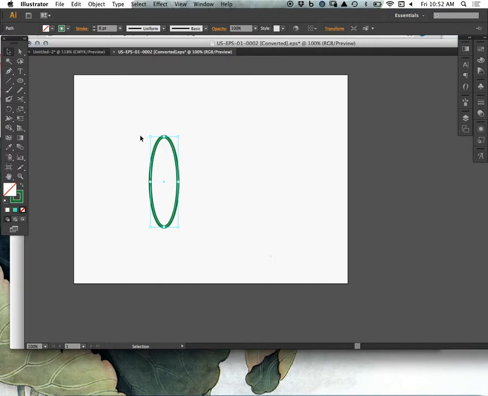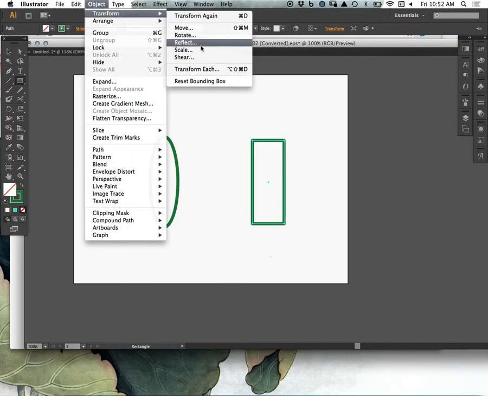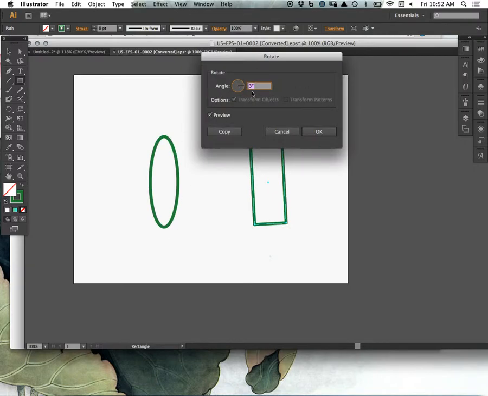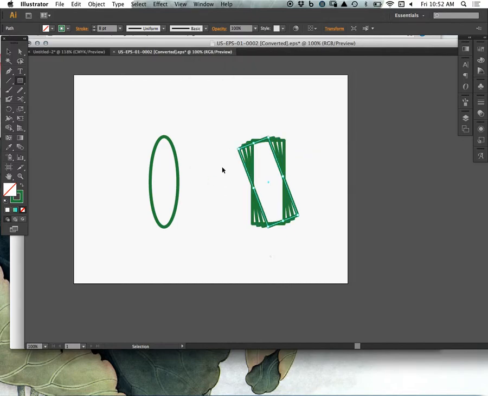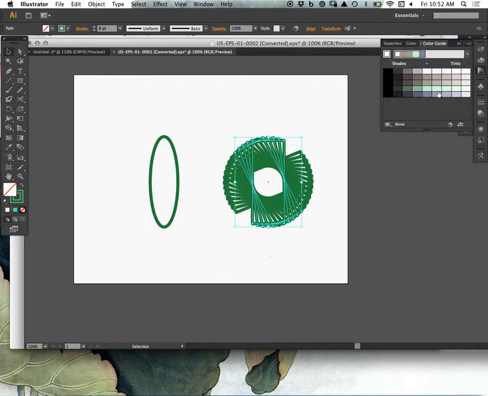But an oval or a rectangle, remember you can use it with rectangles too, will rotate in a way that looks kind of interesting. So if I grab my rectangle, Object Transform, and just click rotate, I can say, okay, I want you to rotate by 7 degrees because each increment is 7 for some reason, and then hit copy, and then work my way around and create some interesting sort of effects that way. And then of course I could select the ones I want to select. So that's 1, 2, 3, 4, 5,